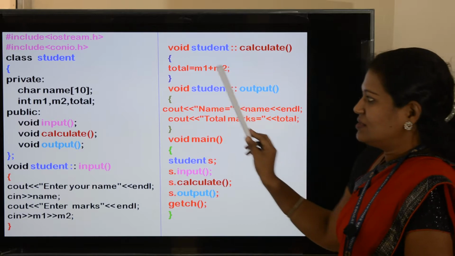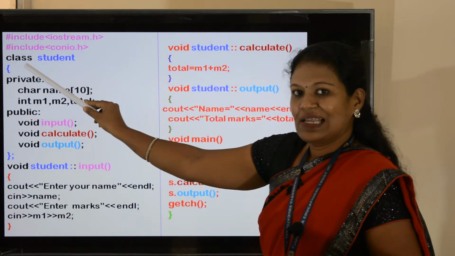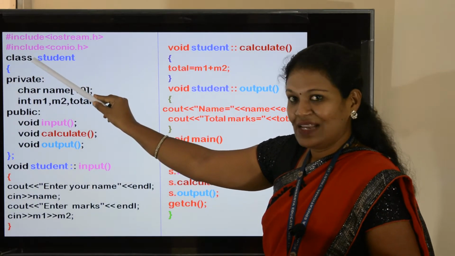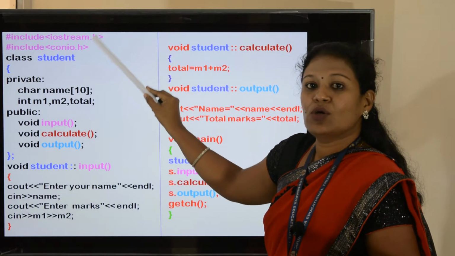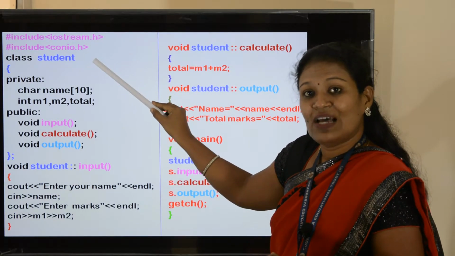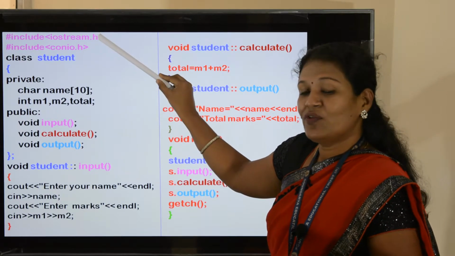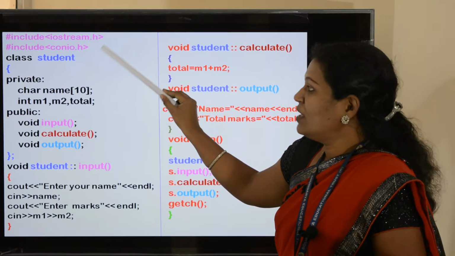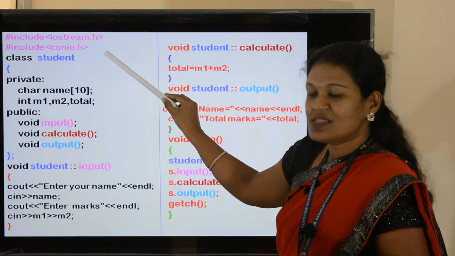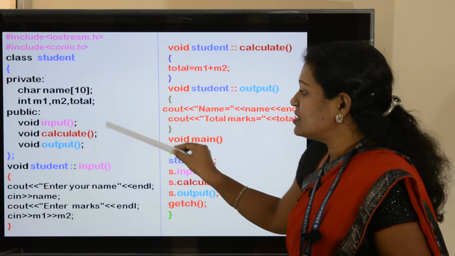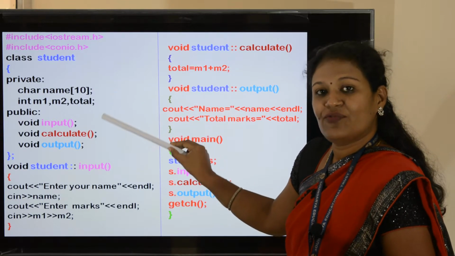Just see once more. First give the two header files, conio.h and iostream.h. These two header files you can give in any order. If you want, you give conio first, then iostream. So first start with the header files, then next comes the class definition.